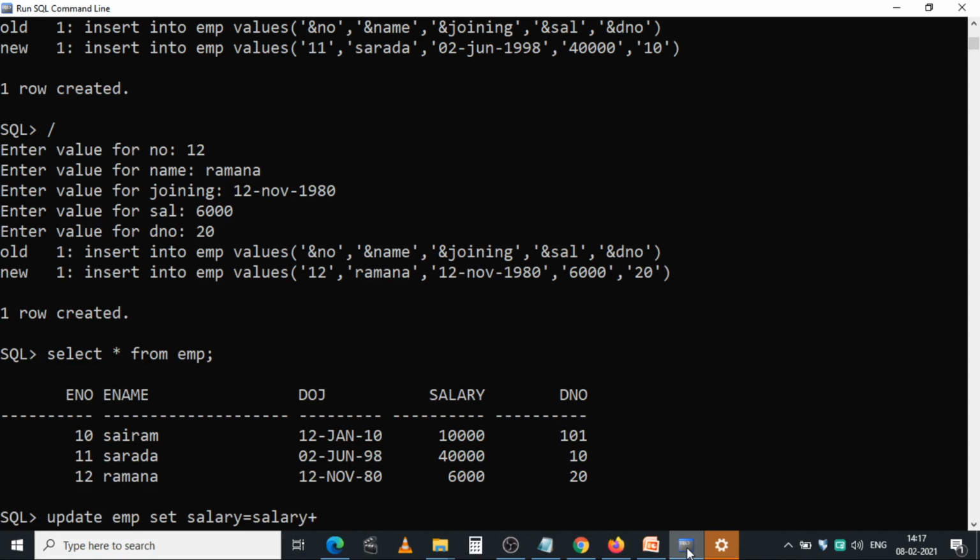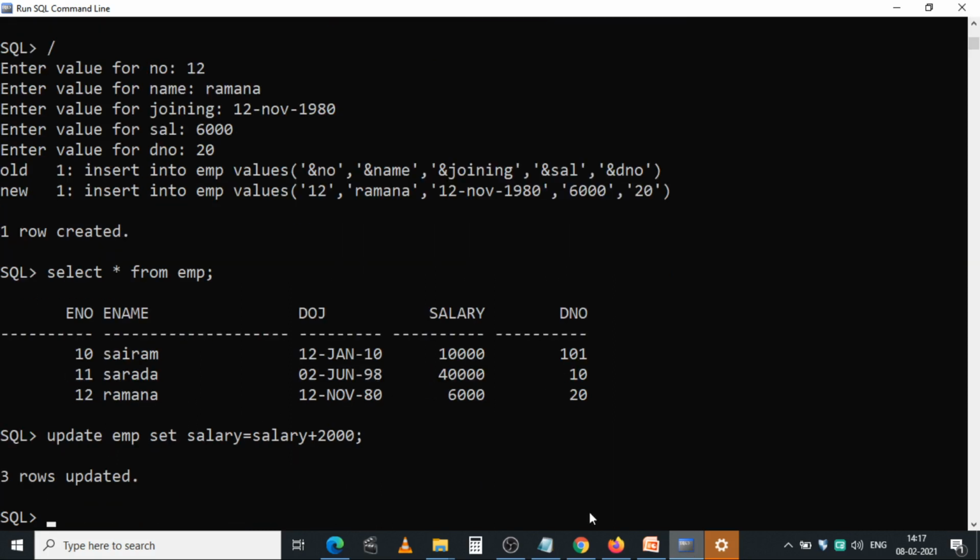I want to add 2000 for every employee. So for this you want to update salary for all records, no need to mention the where condition. Just enter. Then it shows 3 rows updated.